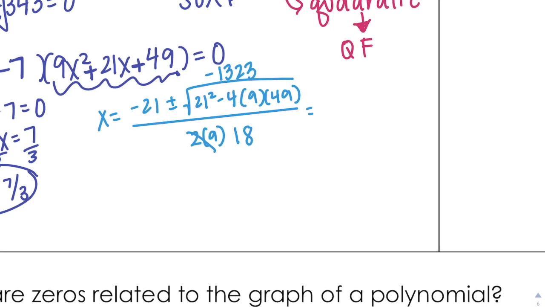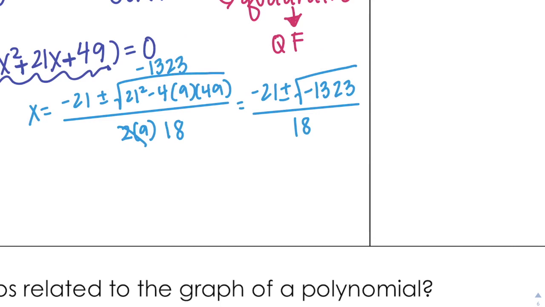So I'm going to clean this up, not much to clean. Negative 21 plus or minus the square root of negative 1,323 all over 18. Okay, now I need to find out if I can break down and make a factor tree with 1,323. Now, we know we're going to take out an i because it's negative, but ask yourself, does 3 go